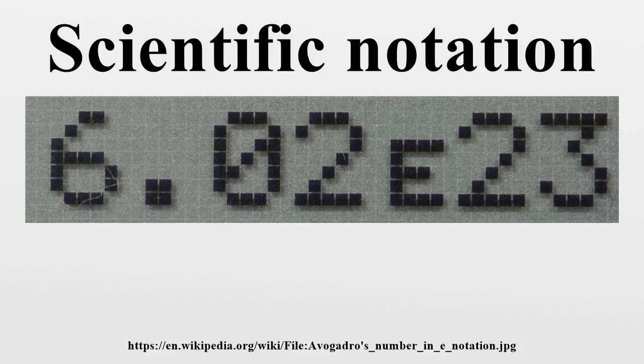The exponent n is chosen so that the absolute value of m remains at least 1 but less than 10. Thus 350 is written as